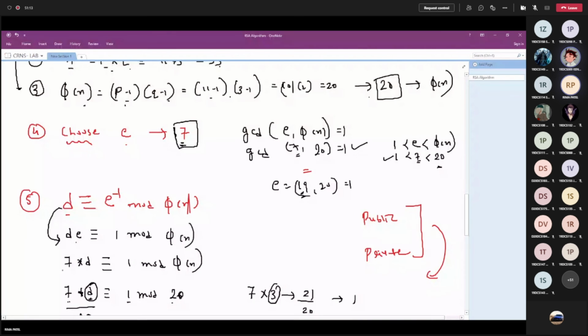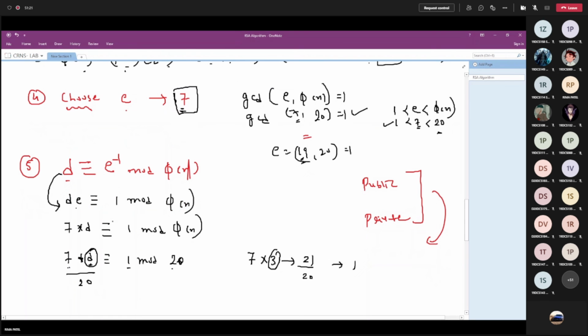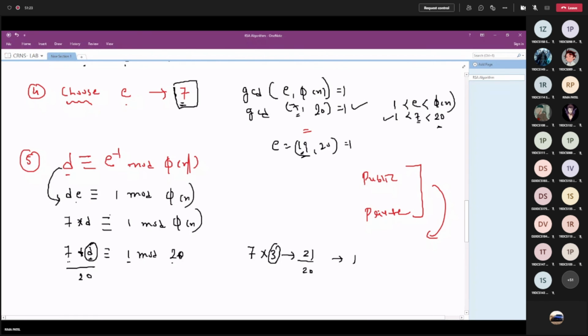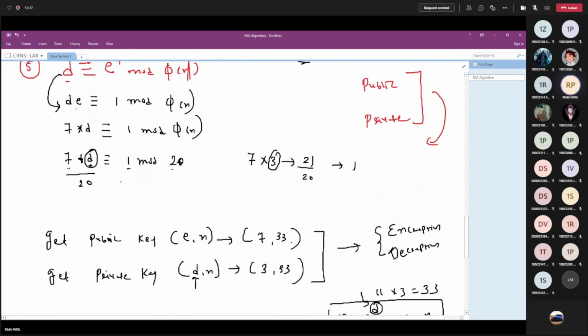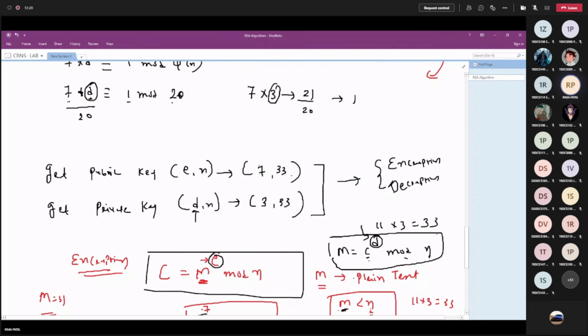If you so put, ma'am, that would mean there would be multiple decrypting keys. Exactly. In that case, your key will be changed, nothing else. If you want to send this m equal to 31, again you just need to check whether m is less than n or not. If m is less than n, you can go for it.